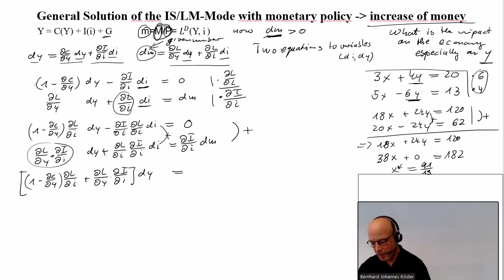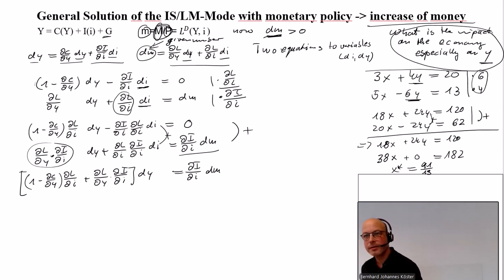This is what we wanted to have, and 0 plus this is still this. So ∂L/∂I dM. So what we want to have is what is the impact of a change of dM on